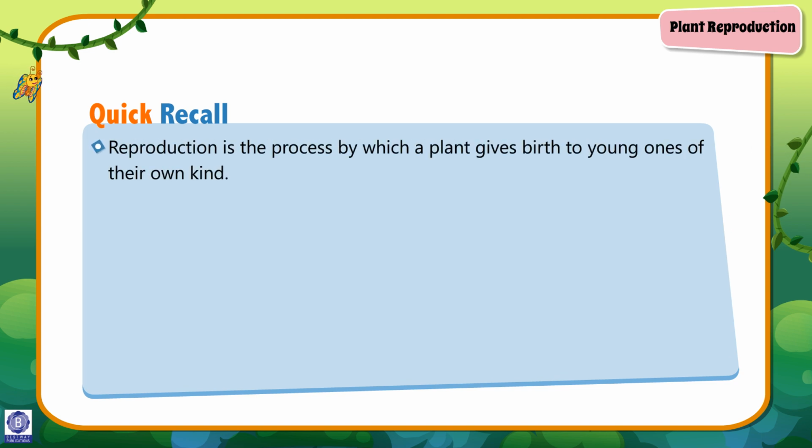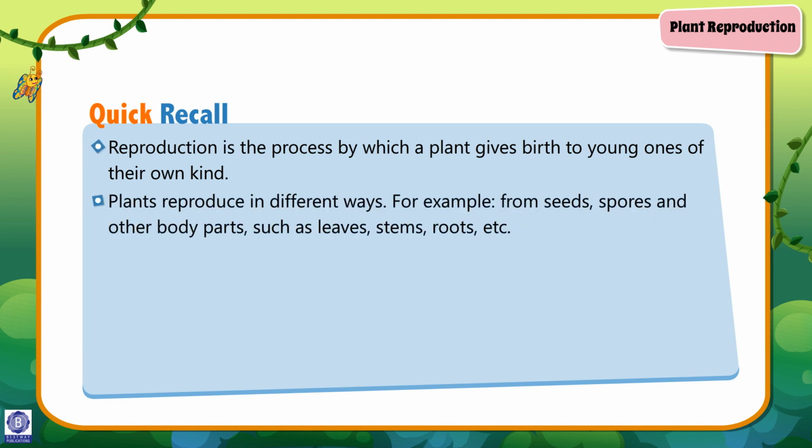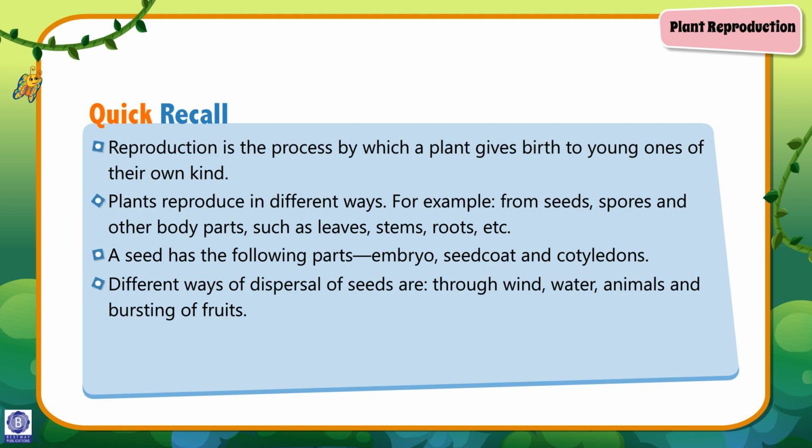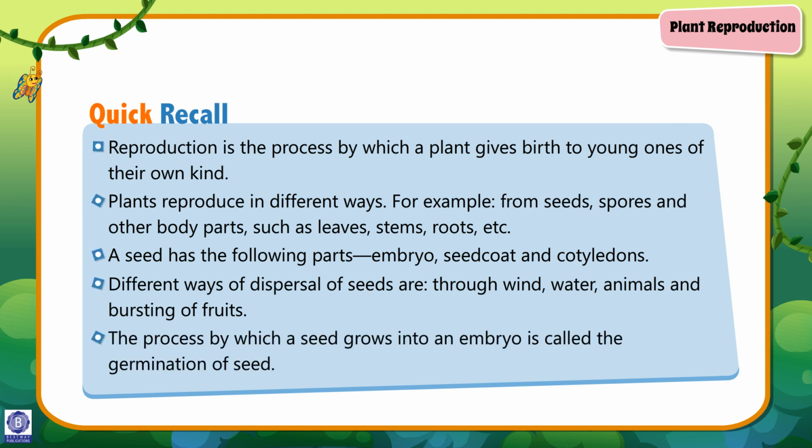Quick recall. Reproduction is the process by which a plant gives birth to young ones of their own kind. Plants reproduce in different ways. For example, from seeds, spores, and other body parts such as leaves, stems, roots, etc. A seed has the following parts: embryo, seed coat, and cotyledons. Different ways of dispersal of seeds are through wind, water, animals, and bursting of fruits. The process by which a seed grows into an embryo is called the germination of